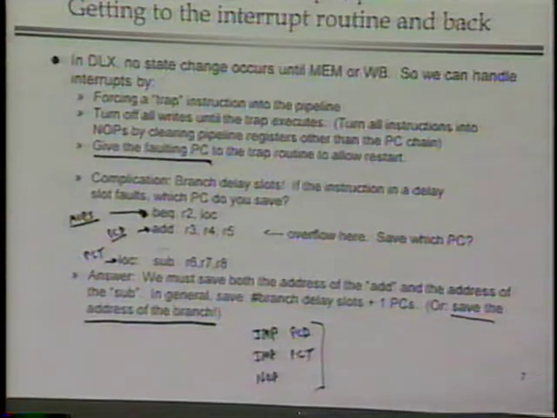Does that answer the question? Okay, that handles